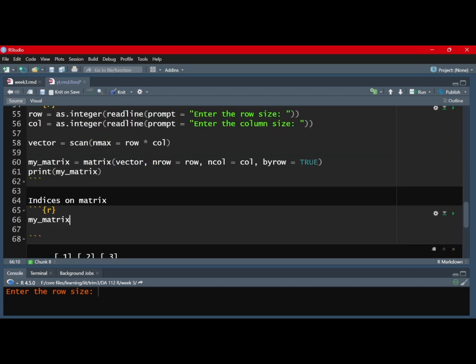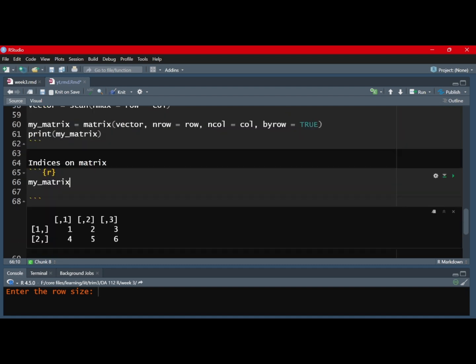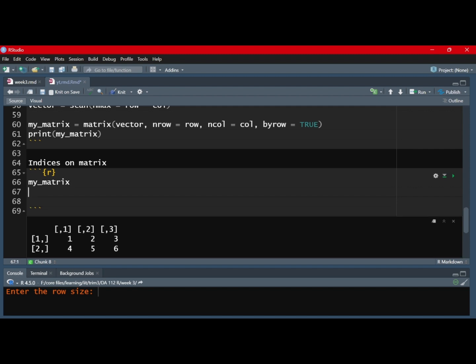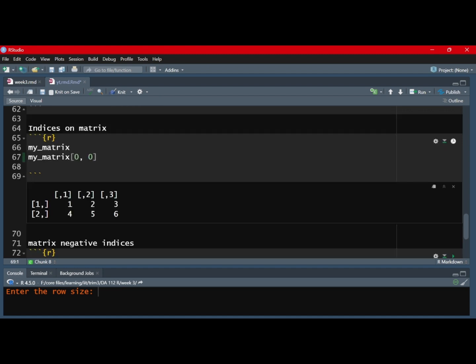Stop this here. So this is my matrix. Okay, so we can see these are the elements. So the main thing in case of matrix in R is that the indexing starts from 1. So if I do this, my matrix 0, 0, so it will be a, I think, okay,